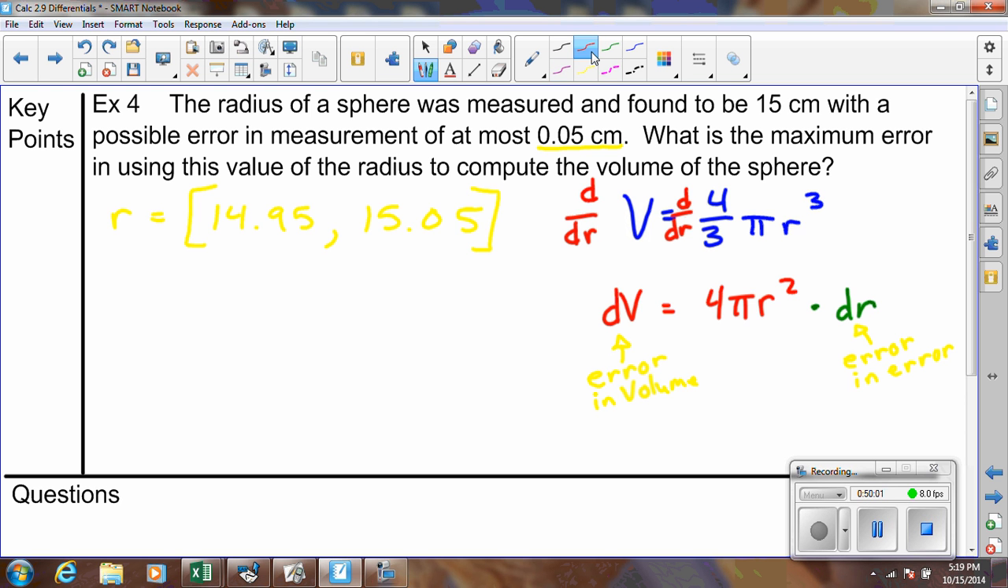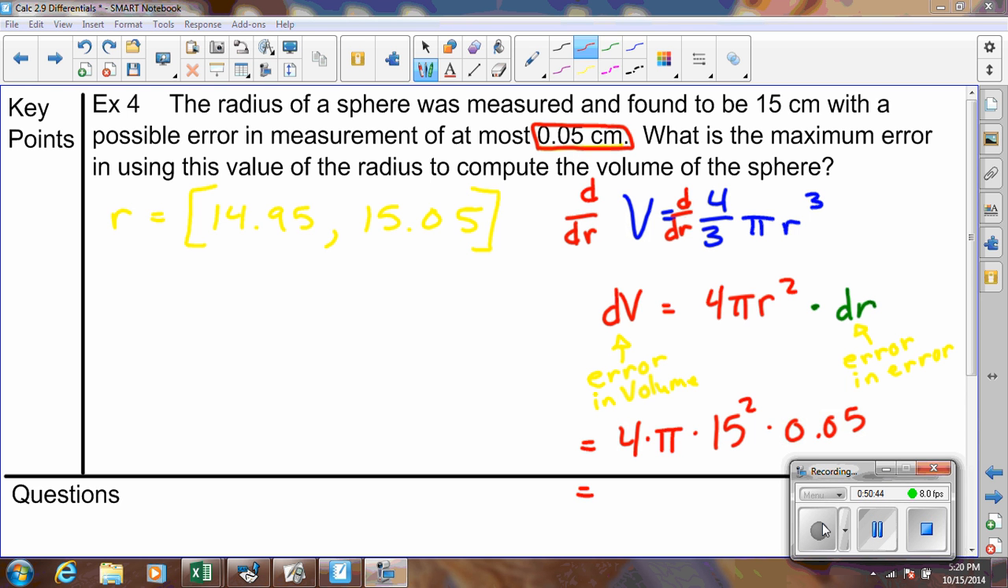Well, we'll just start crunching some numbers then. 4 times pi times the radius. Our radius is 15. And then multiply by dr, the error in measuring the radius, which we already knew. dr is the same as delta r, the change, the possible error. So we'll multiply that by 0.05, and we can just directly use this in our calculator now. 4 times pi times 225 times 0.05